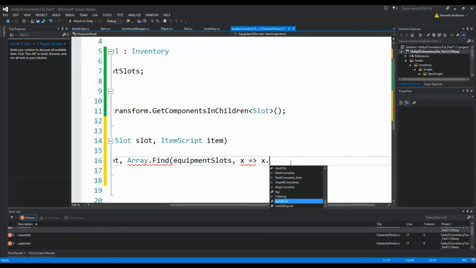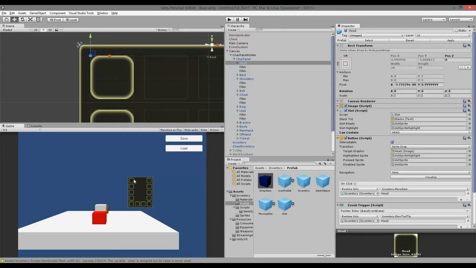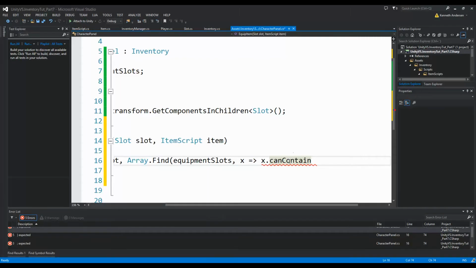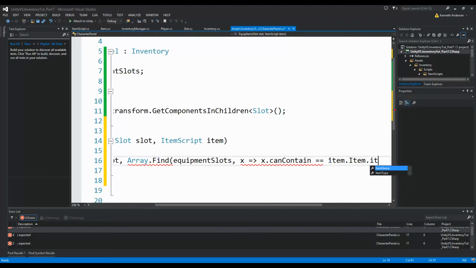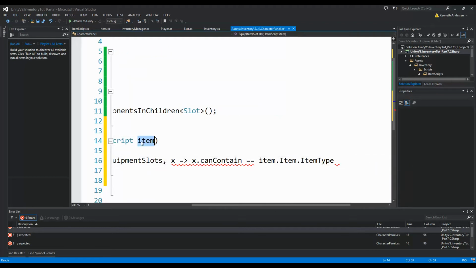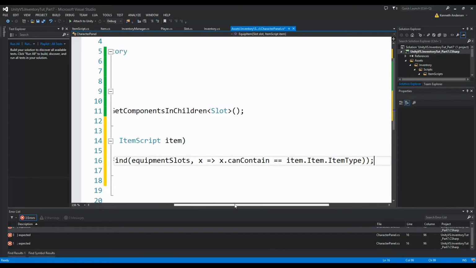So if X.CanContain, every time we look at one of these, we call it X. And if X can contain this item we just clicked on, the item's ItemType, so this ItemScript's item's item type,